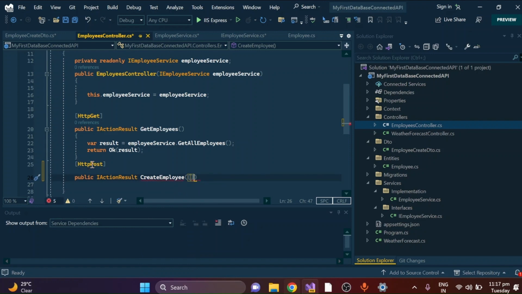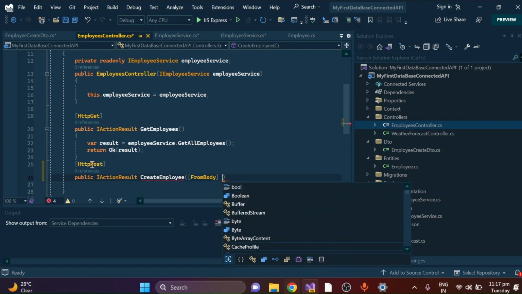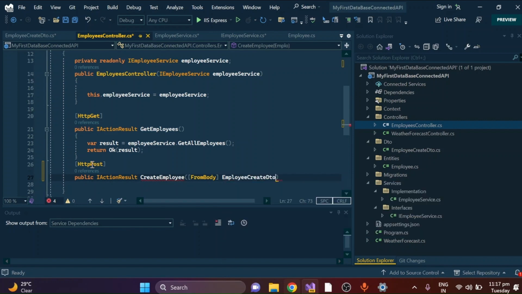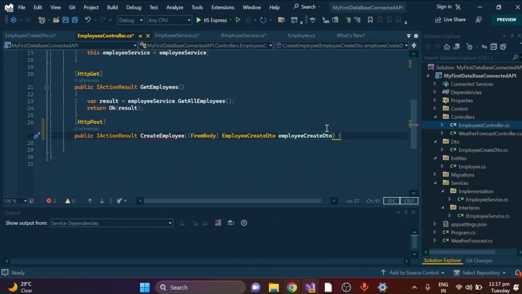So now we are going to pass employee details that we need to take care of. Here we need to pass from body. Okay, so it will tell the API that we are sending some data to the API in the body. Here we are sending employee create data. Okay, we are sending this. If we go inside this function,